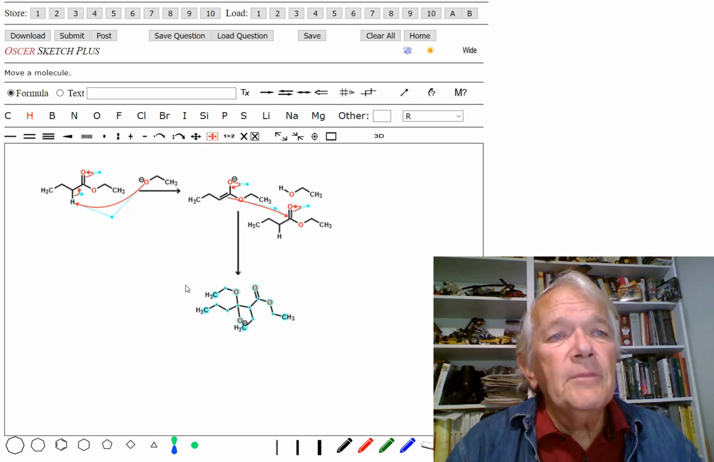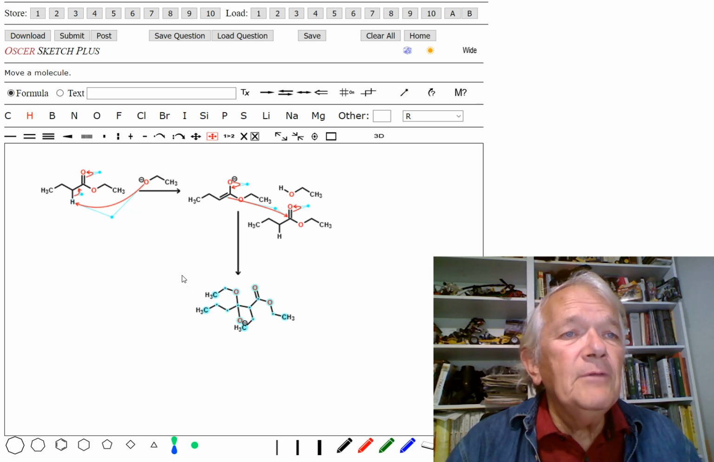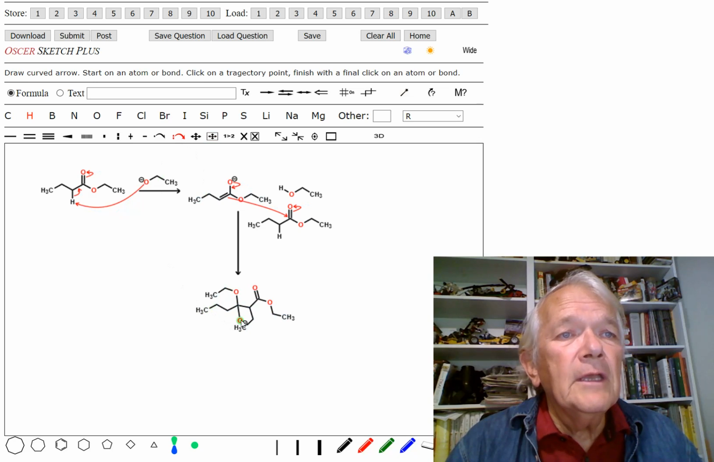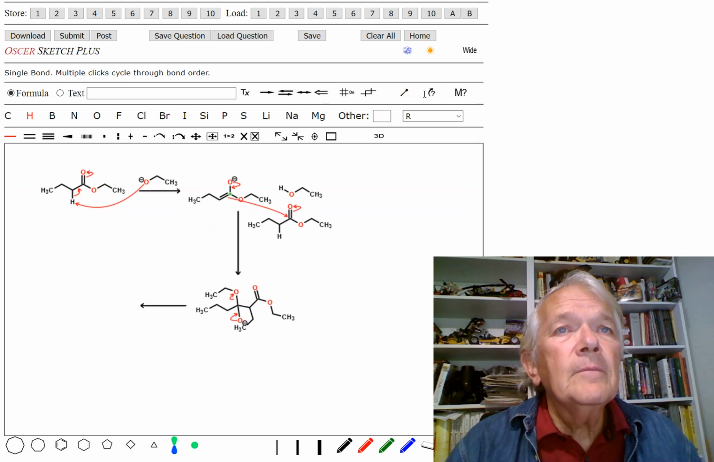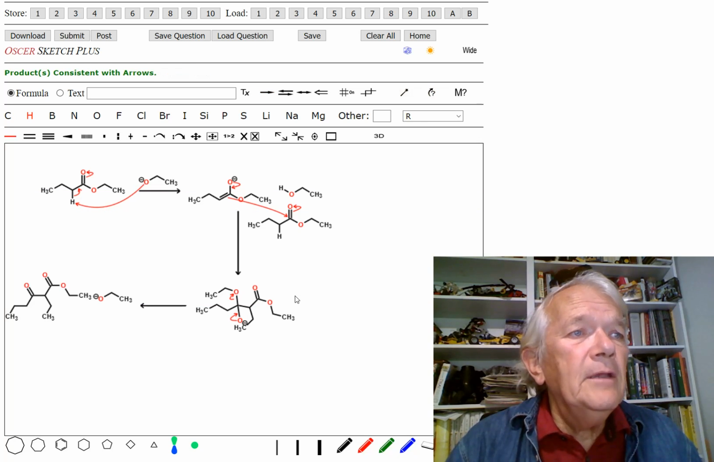Now, when this tetrahedral intermediate falls apart, it looks at this and says, what's the best leaving group? Well, in this case, the best leaving group is the ethoxide here. So let's kick out that ethoxide. So we'll bring the negative charge back, forming the carbonyl, and we'll kick out the alkoxide. And what do we get? We get this product right here, which is indeed a nice stable product,